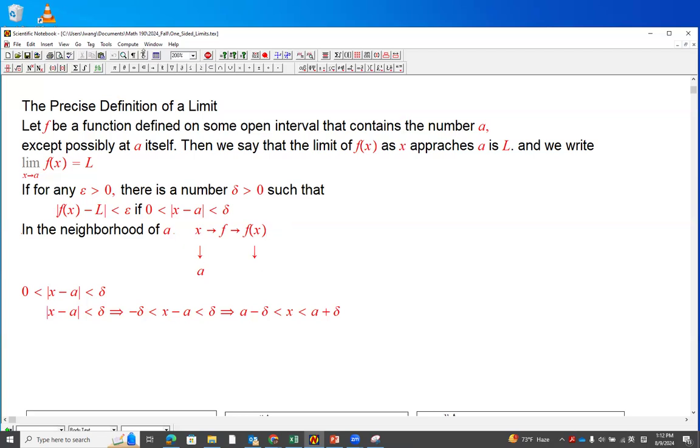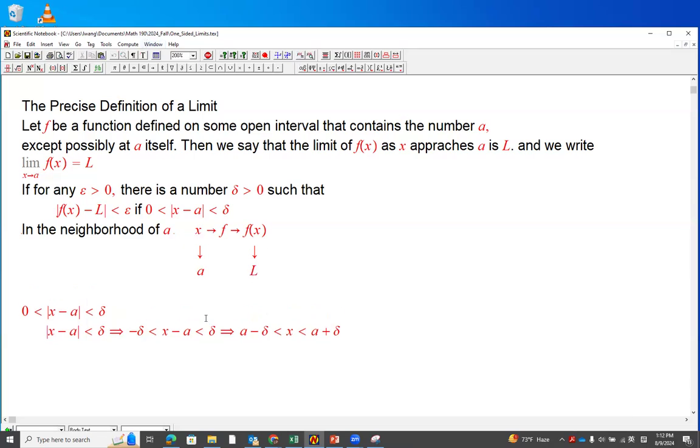So this approaches L. And how do we describe them? Those x's are described as x between a minus delta and a plus delta, so in the neighborhood of a. How about greater than zero? So greater than zero really is us to make sure